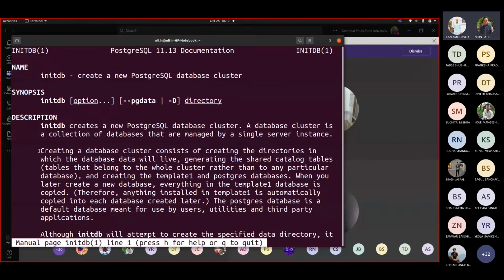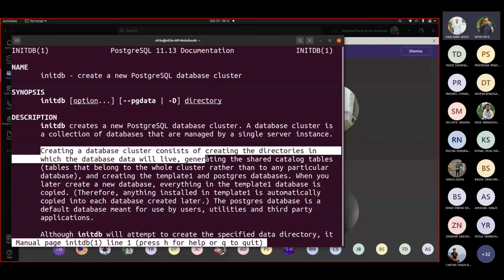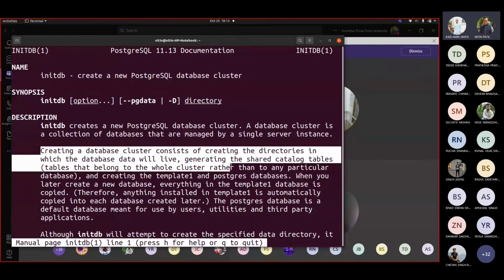Creating a database cluster consists of creating the directories in which database data will live, generating the shared catalog tables belonging to the whole cluster rather than to any particular database. So those tables are your pg_database, pg_user, and so on, as per the diagram that we saw earlier, like a tree structure.